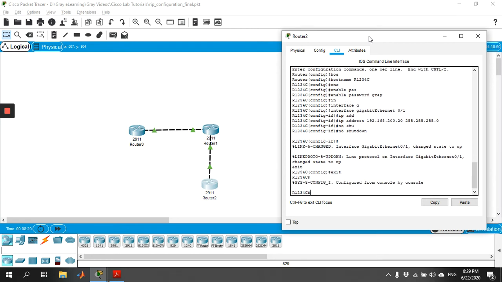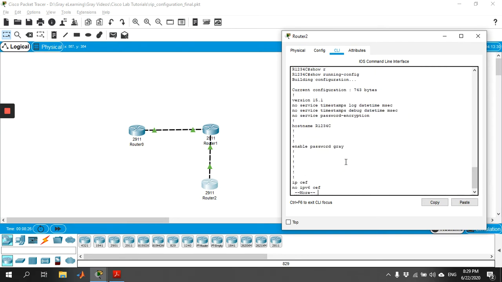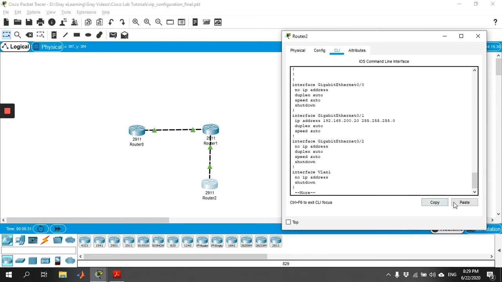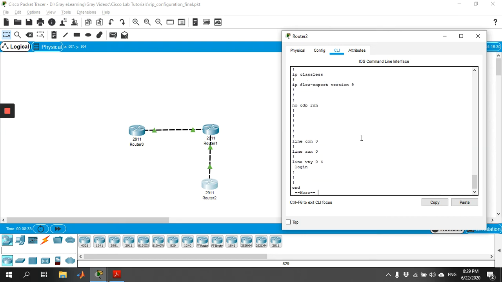Now you can try to ping between the routers, and you can use the show run command to see the configuration. We set the host name, we set the enable password, and we set an interface. Once you have completed the configuration, you try to ping from router C, that means router 2,